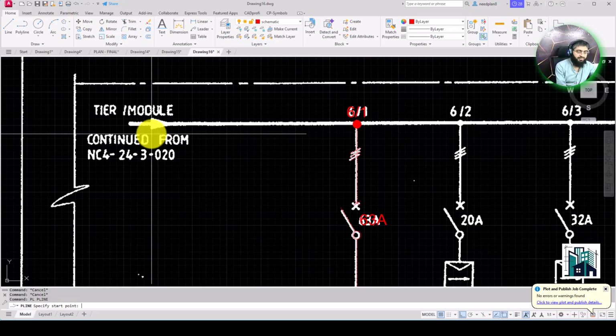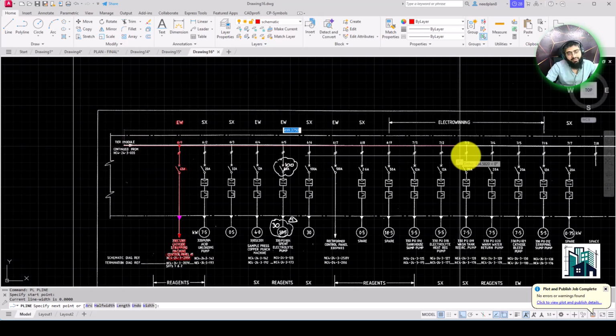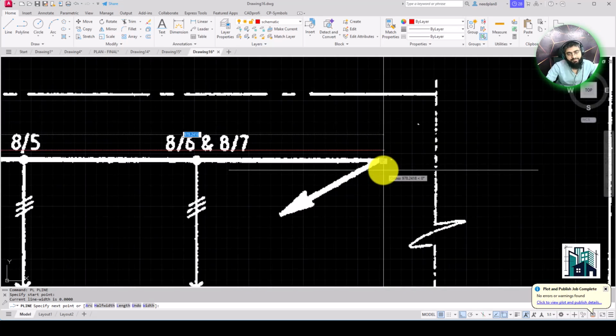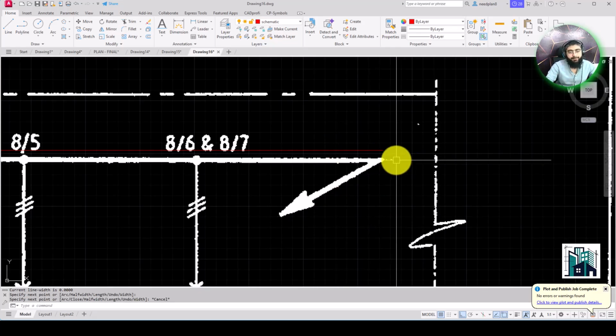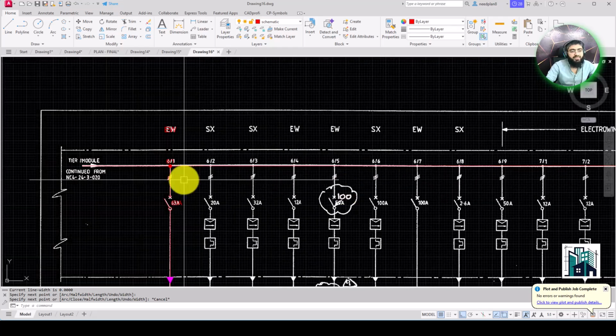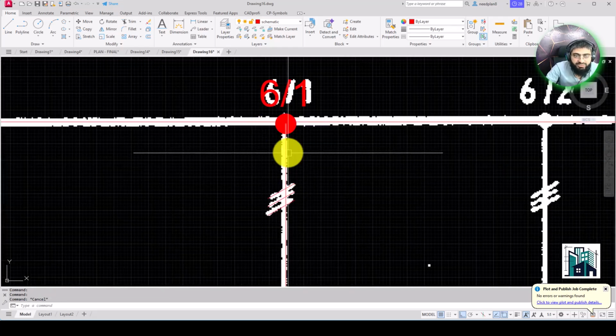When you enter this, the polyline command will activate, and then you'll have to select this point and then come to this point. Okay, your drawing is a little tilted, so that's the reason for the difference here. So now you will see this line is the same as this line.